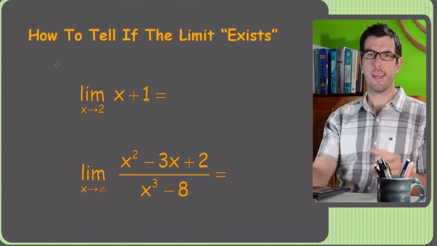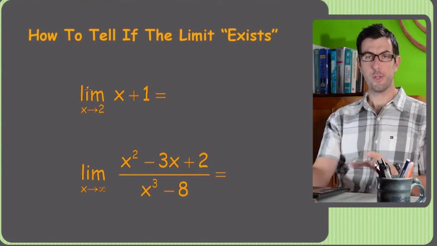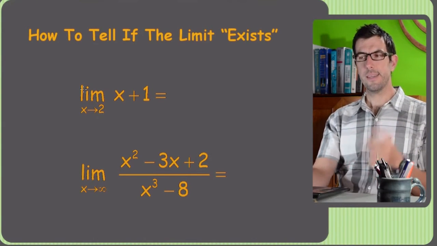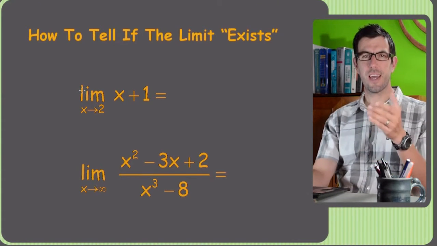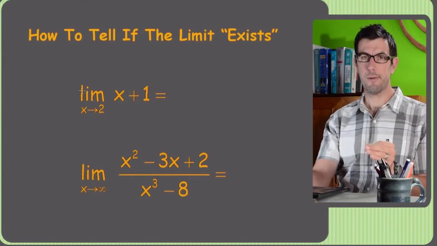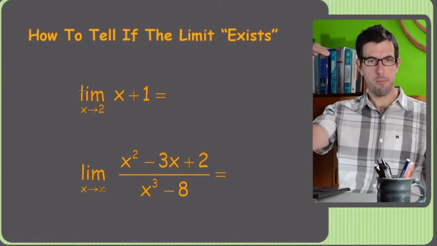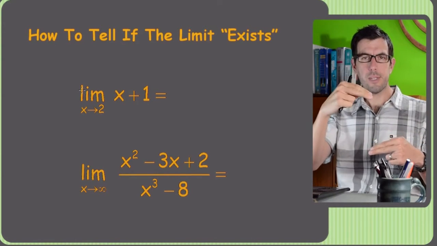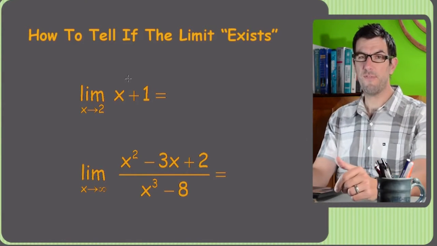It's not important in the big capital I important sense of life or anything, but on your limits tests and quizzes, there's a kind of little nitpicky detail and type of question that could haunt you a bunch of different times. So we just got to be really clear about when does the limit exist, when does it matter that the two coming from two different sides match, and when they don't match, and all that kind of stuff. And also, what's the deal with infinity?